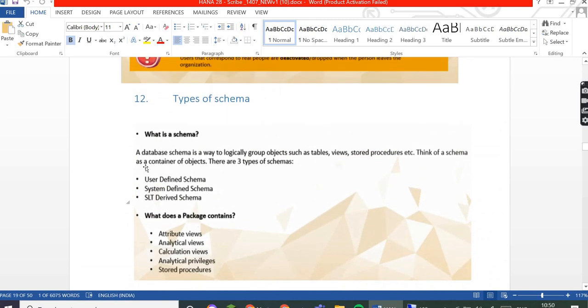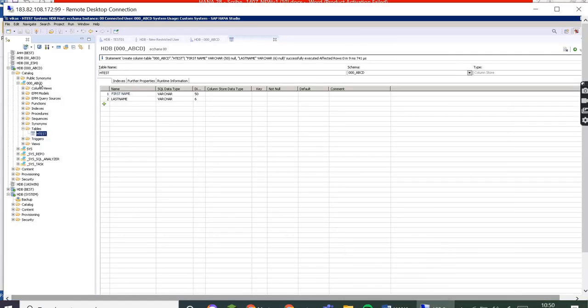So everyone is okay with the schema? You understood what a schema is and how the user gets the schema. If you want to give a user access to read this table, we have to provide the schema access and then the table access, and then the user is able to view the data inside it.